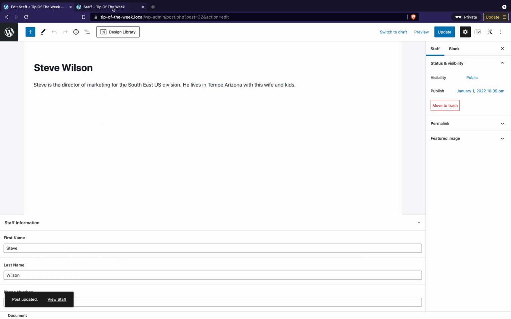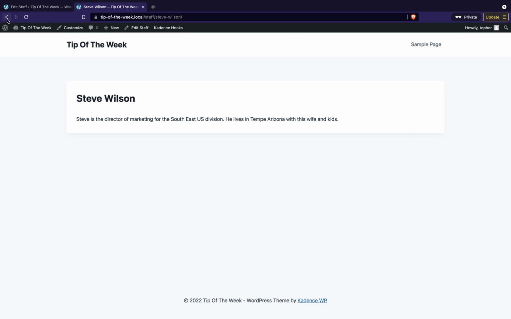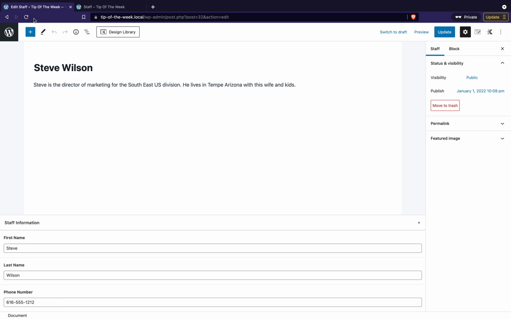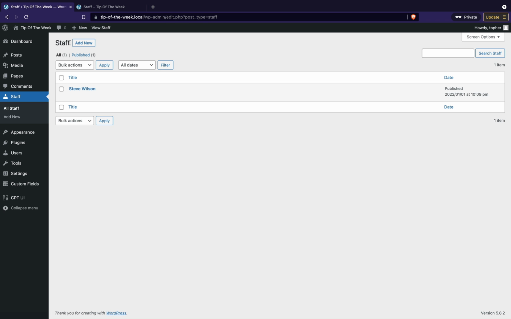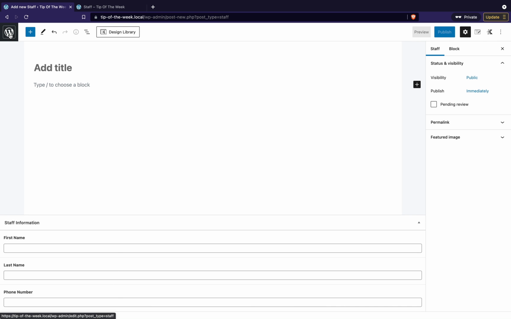It does not automatically render on the front of the site. We're going to have to do something to make that happen, and that's going to be in next week's tip. So to review real quick, we use advanced custom fields to quickly create some text fields here, and we put the information in and hit update. And I'll even show you if you go to add a new one, there they are, empty.